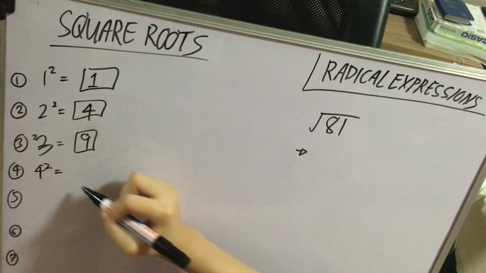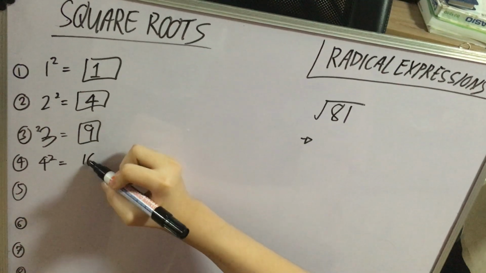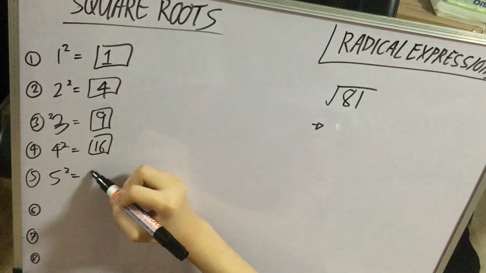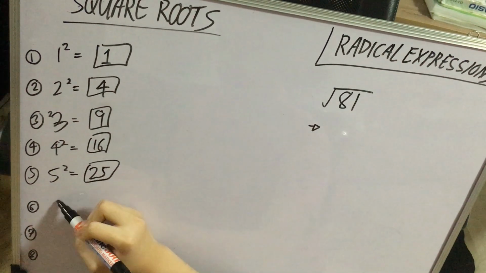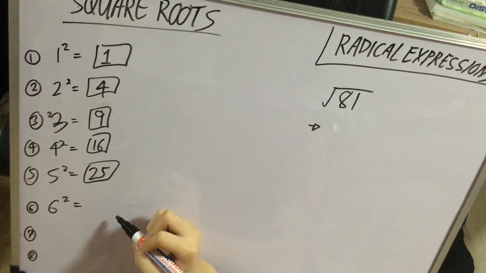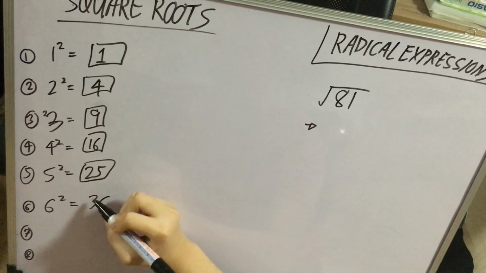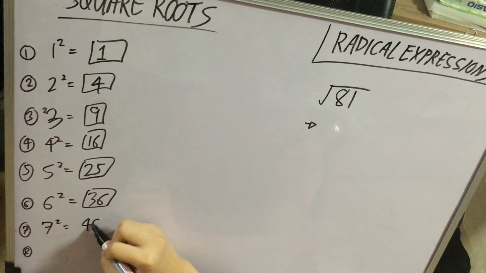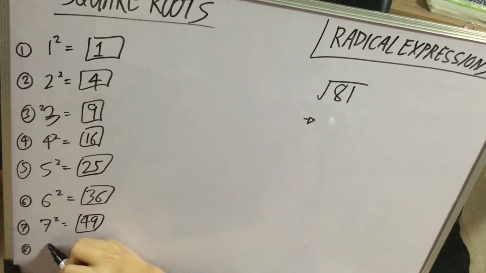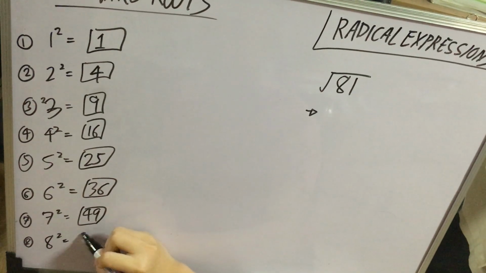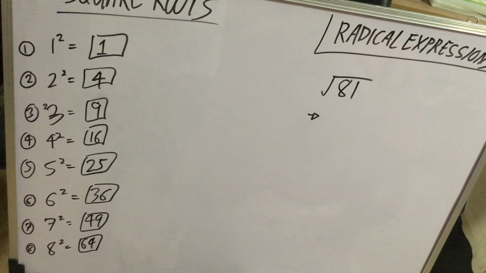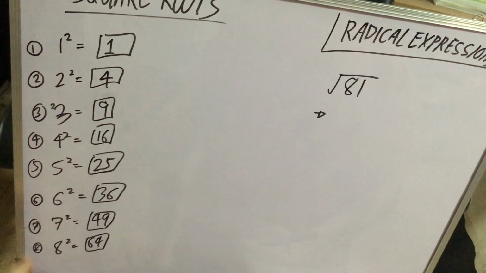4 raised to 2, or 4 squared, would be 16. 5 squared would be 25. 6 squared would be 36. 7 squared would be 49. 8 squared would be 64. So now that we have the first to the 8th,